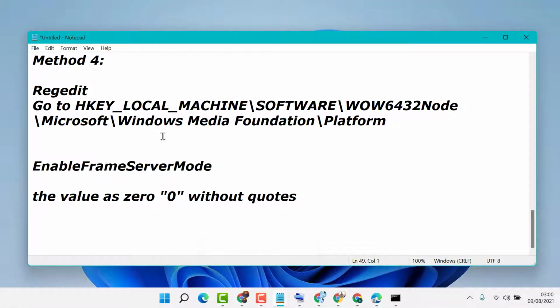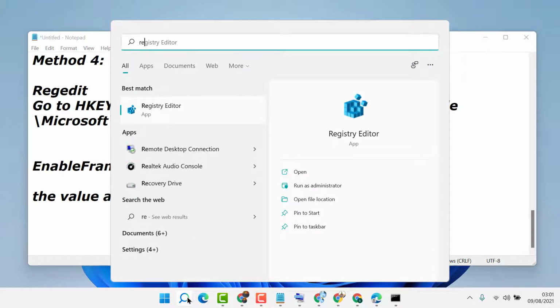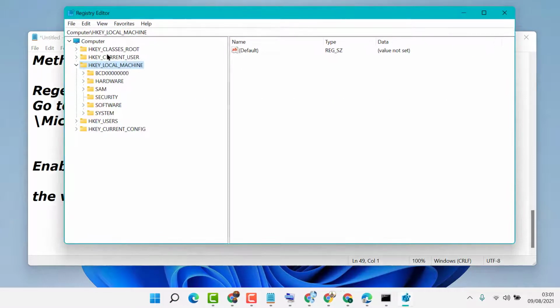Now try this fourth method. So click on start and type regedit, open registry editor, and in registry editor expand HKEY_LOCAL_MACHINE, then SOFTWARE.